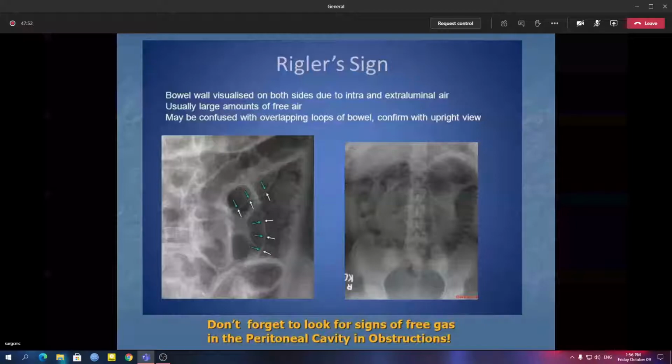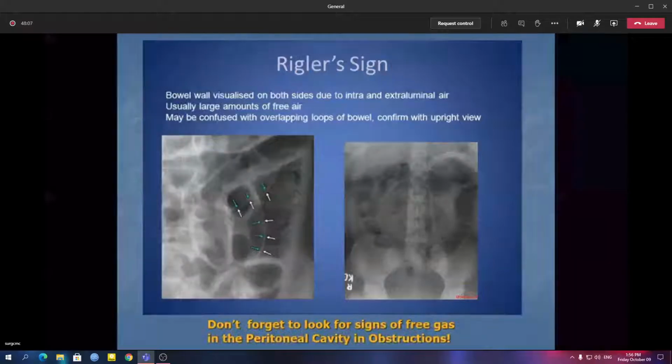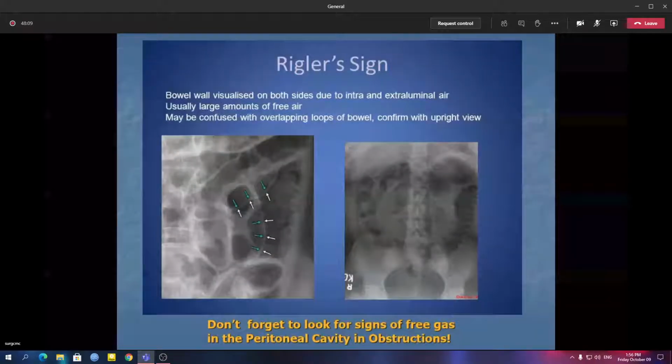Similarly, the same kind of intestinal obstruction-like features, adynamic obstruction because of peritonitis, can actually happen in small bowels, and you are thinking it's a case of small bowel obstruction, whereas you are missing the free gas under the diaphragm. Conversely, in a long-standing acute intestinal obstruction with gangrenous gut perforating, there can also be free gas under the diaphragm. So in intestinal obstruction, please look for free gas under the diaphragm every time.